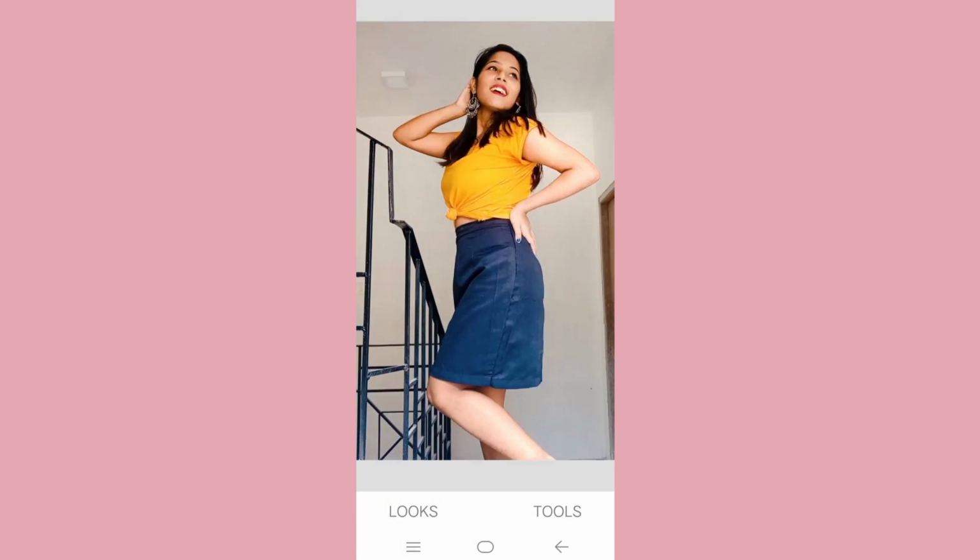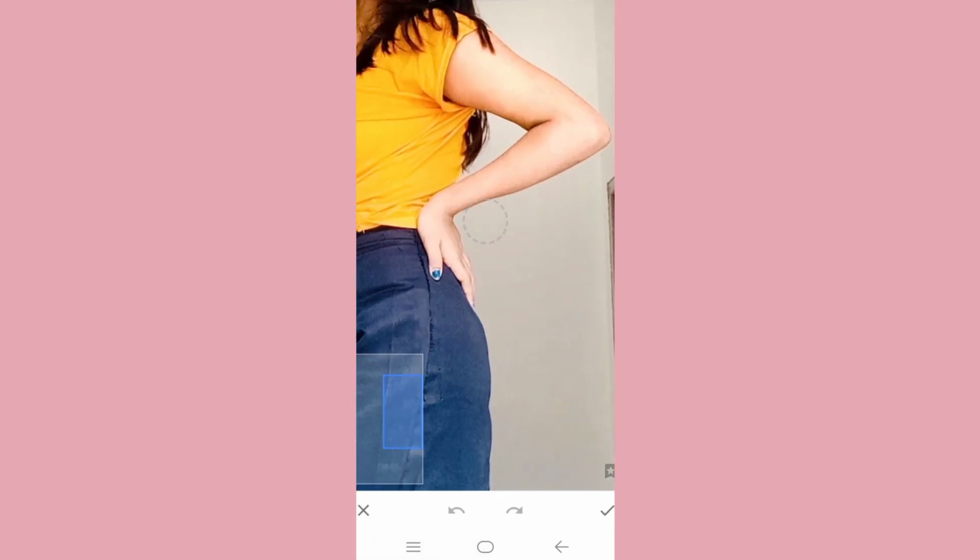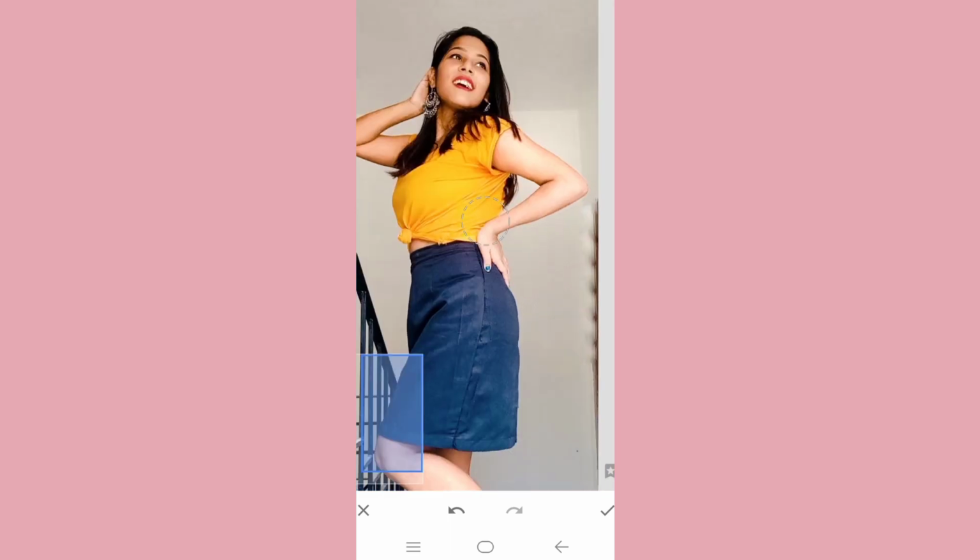Now I am cropping a little bit more, and then I am going to heal the door part because I don't want this in my picture. So I am healing that part.